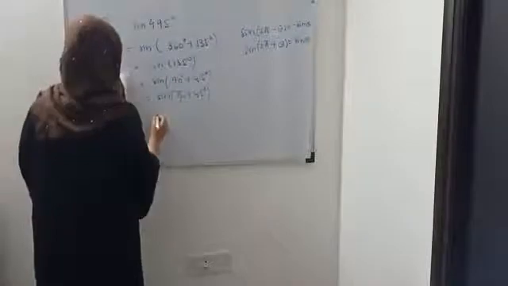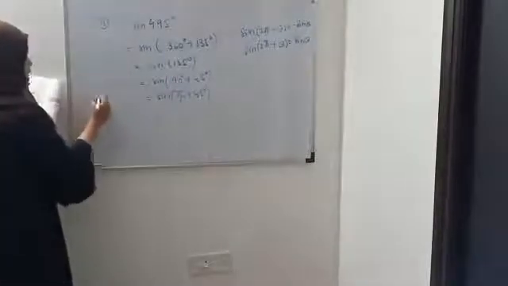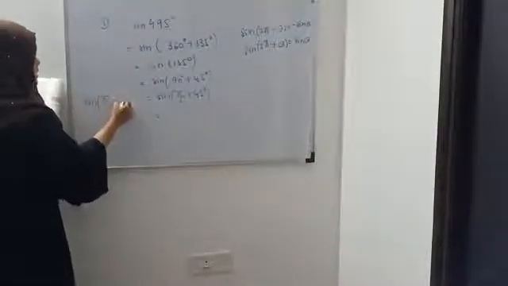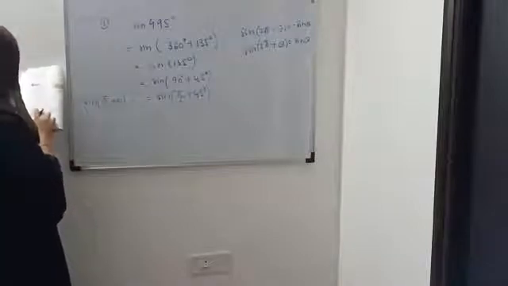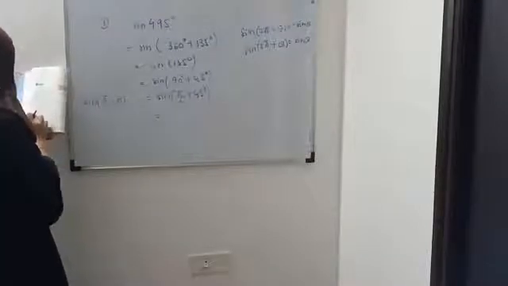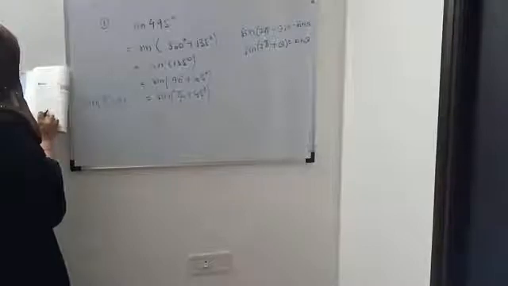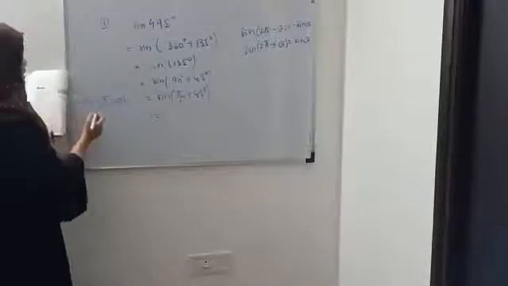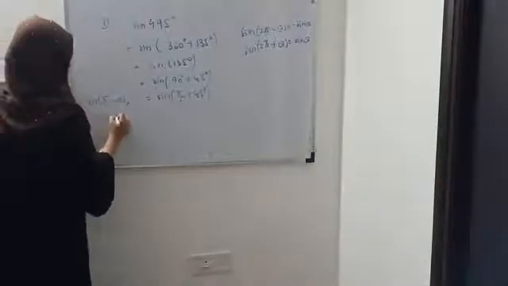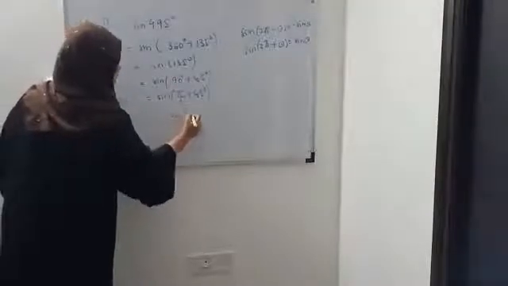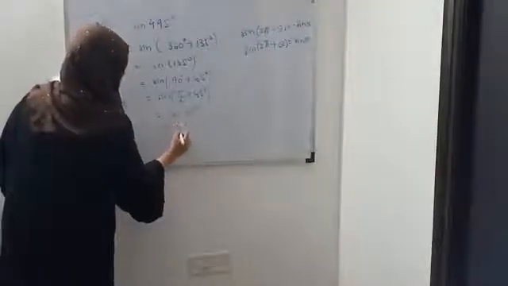Okay, now we have a formula for sin(pi by 2 plus 45). Sin(pi by 2 plus theta) is equal to what? You can check in your formulas list. So sin(pi by 2 plus theta) is cos theta. So here it will be cos 45 only, so the answer will be 1 upon root 2.